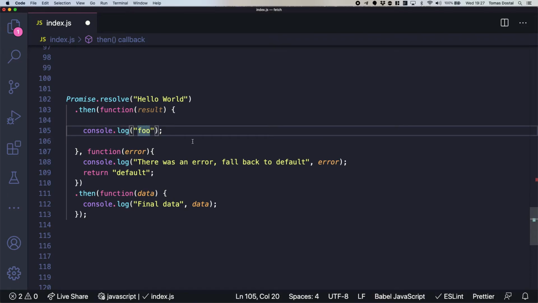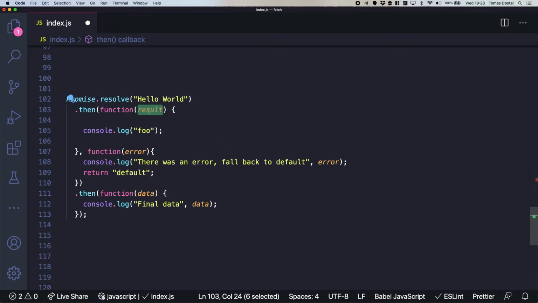Does it make sense? So when we use console log, we will have hello world foo. The hello world is inside of this result.